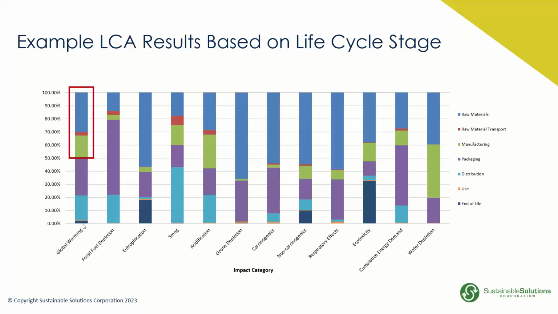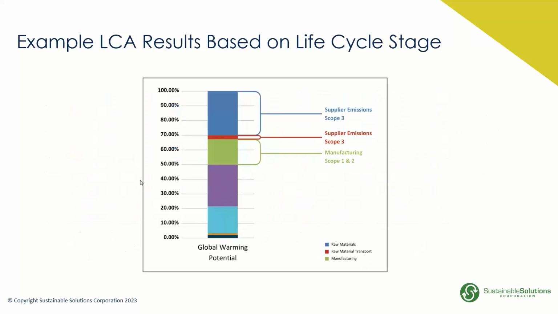Global warming potential is the one we're going to be talking about quite a bit today. But there are other life cycle impacts that we look at when we run a full life cycle assessment. Remember, when we do a product carbon footprint, we're only looking at the global warming stage. So if I click on this and go to the next level here, and I really look at global warming